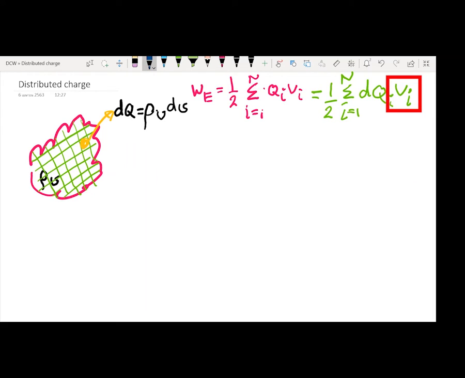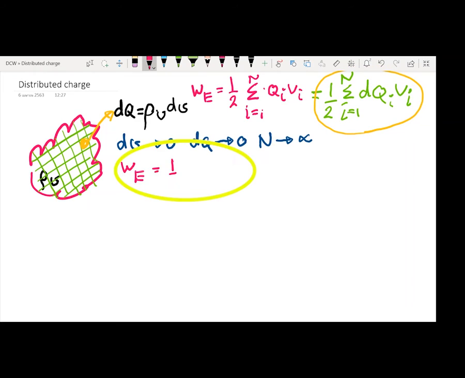We call it Vi. We can obtain energy using the equation from the previous class by replacing Qi with dqi and summing all dqi Vi together. dV is very small, so the volume approaches zero. Then the charge dq also approaches 0 coulomb, and we would have infinite pieces or infinite point charges. This summation equation would change to an integral equation because n changes to infinity and dq approaches 0. Then the summation sign needs to change to an integral sign.